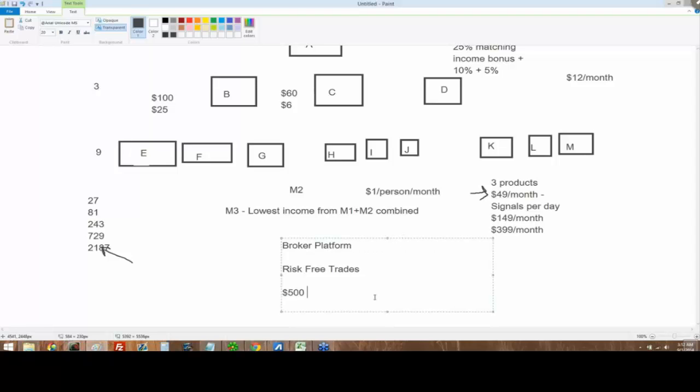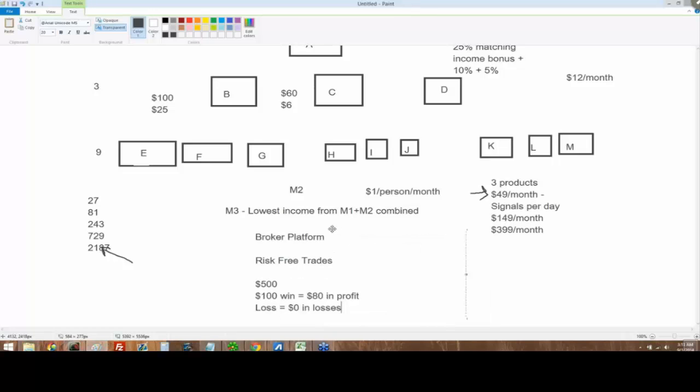Okay, so you will be able to take a trade. Let's say for $100, you take a trade. If you win, you are going to get $70 to $75 to up to $80 in profit. Okay, win equals $80 in profit. Okay, loss equals $0 in losses. I don't understand how anybody could not see that is amazing, because once you start doing that,